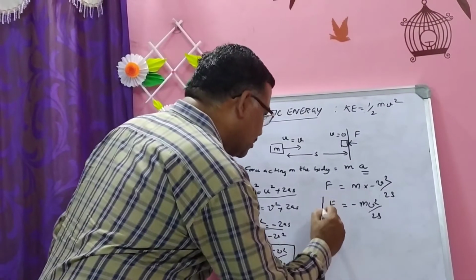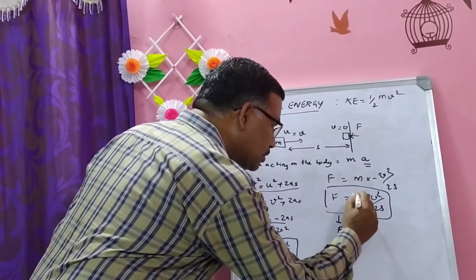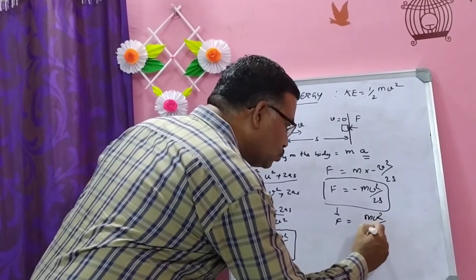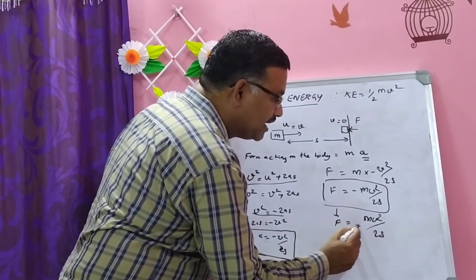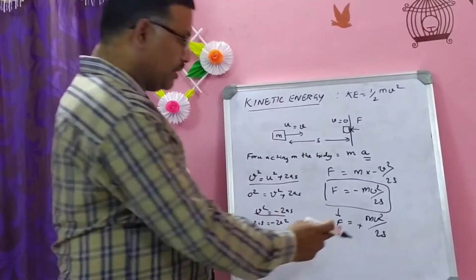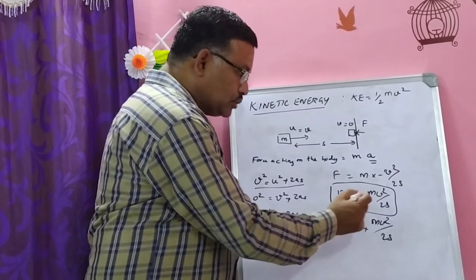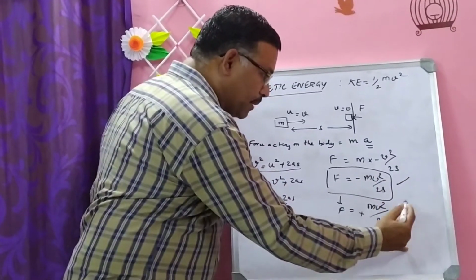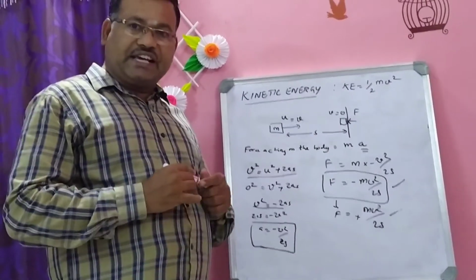So it is force acting on the body, but force applied by the body is equal to mv square by 2s, whereas here it is a minus sign, here it will get a plus sign. You need not mention it, but in order to understand, I am putting plus. It is acting on the body, it is applied by the body. I want the work done by the body. It will give you the kinetic energy.